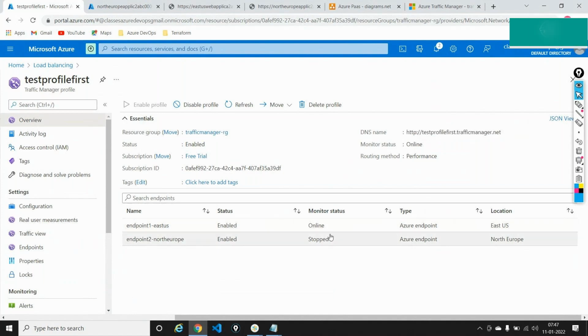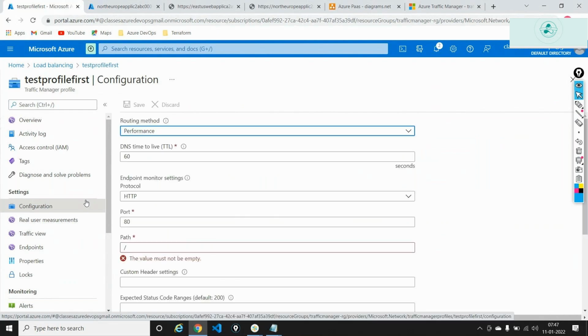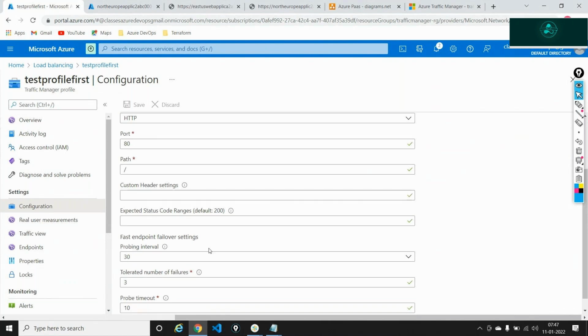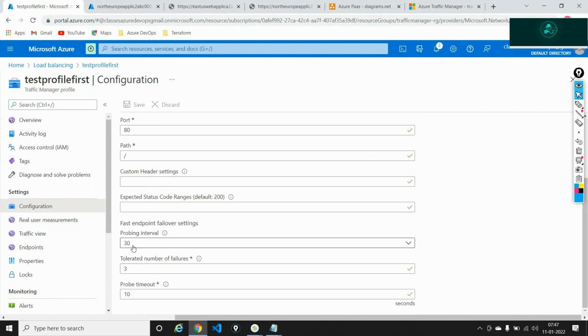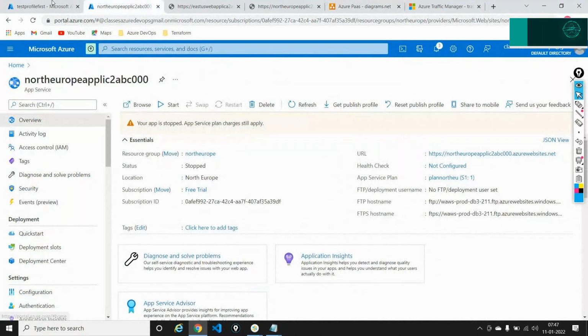Because in the load balancer, what we did is that we configured something known as a health probe. In traffic manager, you don't have to configure a health probe. It is configured by default for you. If you look at this, you have a probing interval of 30 seconds, a tolerated number of failures of 3, and a probe timeout of 10 seconds, meaning for every 30 seconds, I'll try to see whether the servers are available or not. And if it's not available, then I'll make sure to mark that server